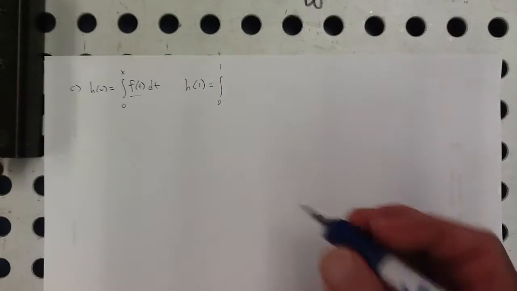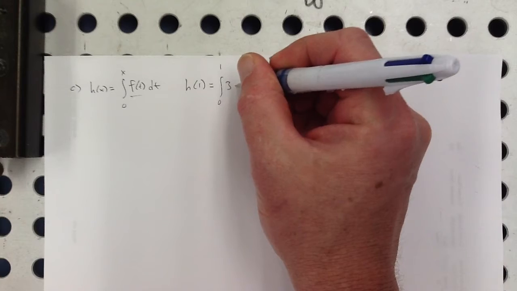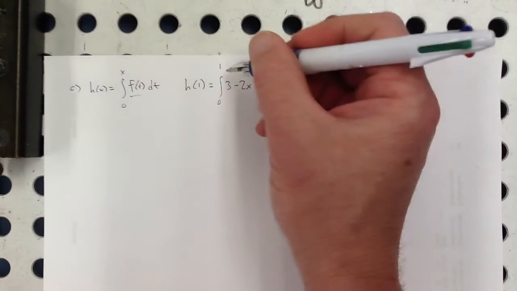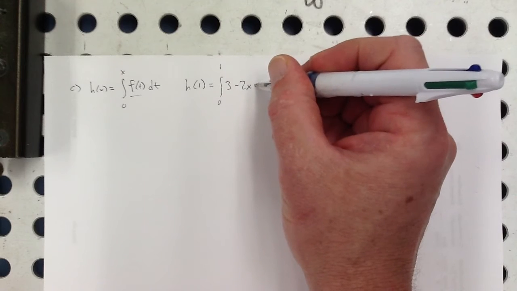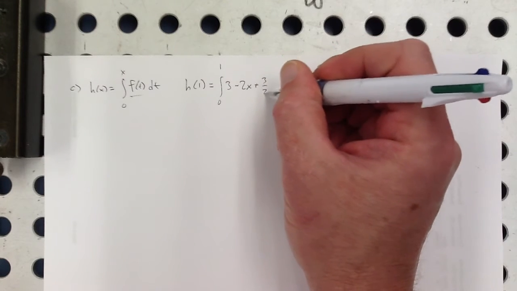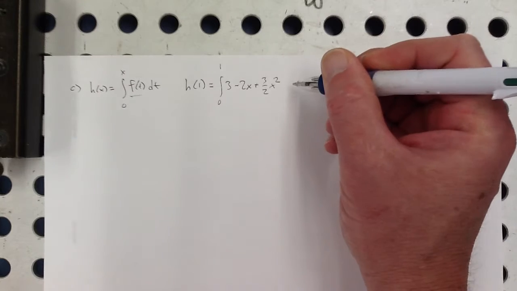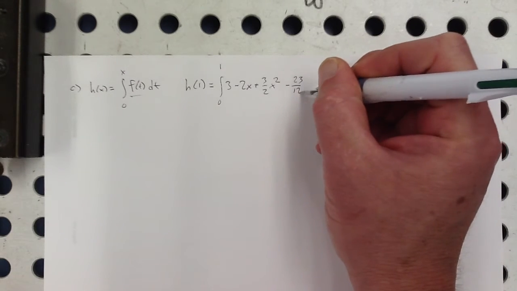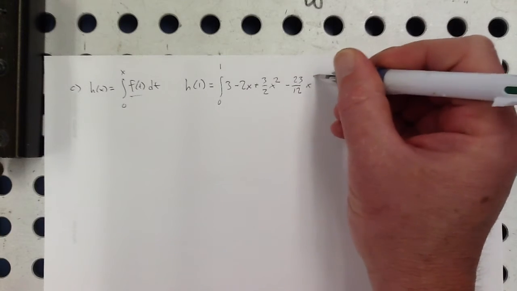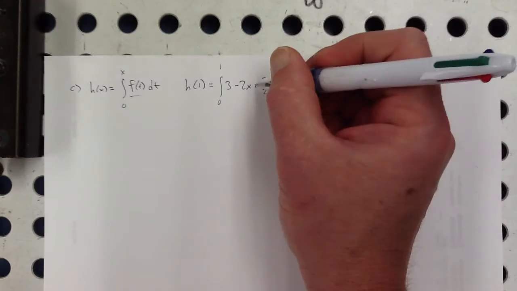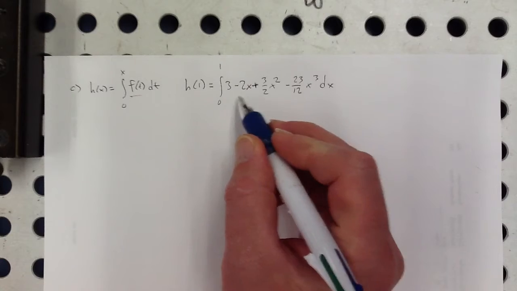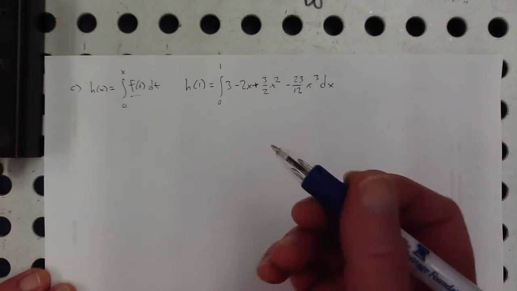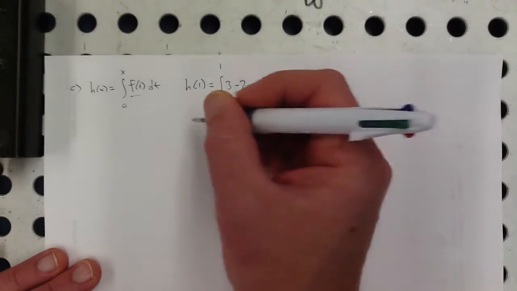So let's see, that's 3 minus 2x. I can start using x's instead of t's here because that turned into a number, plus 3 halves x squared minus, I'm going to simplify that to 23 over 12 x cubed. Why am I using the third degree polynomial here? Because they told me to. All right, so